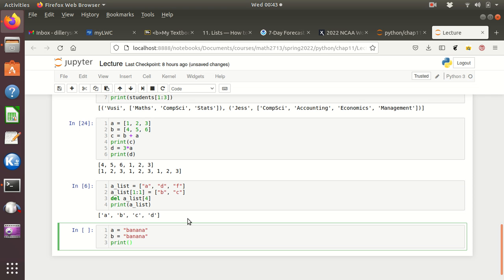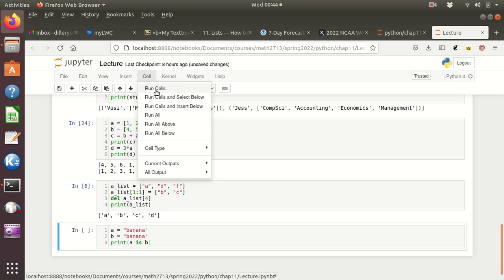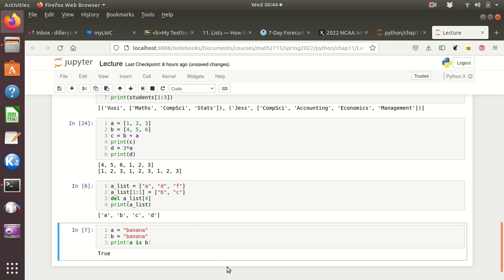So this is different than equality. We're asking if A is actually the same thing as B, same actual element. Okay, so where am I going? Here we go, run cells, and it says it's true. Okay, so now